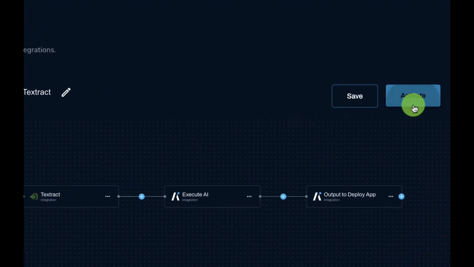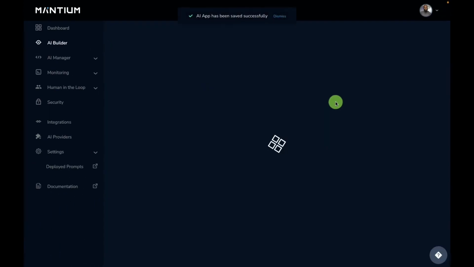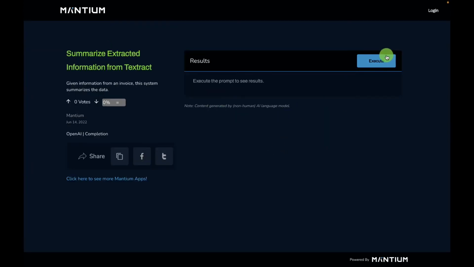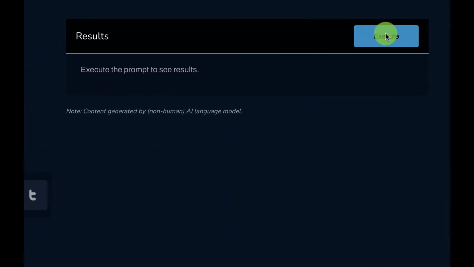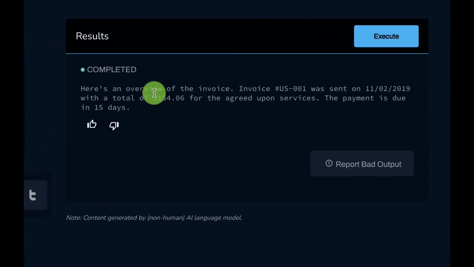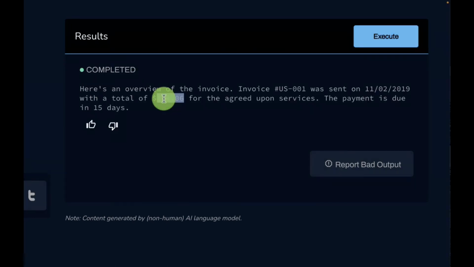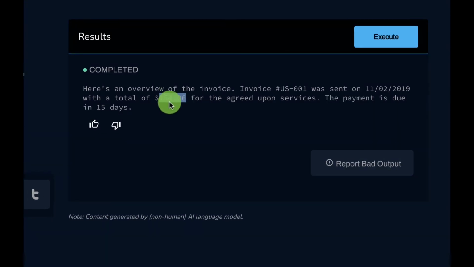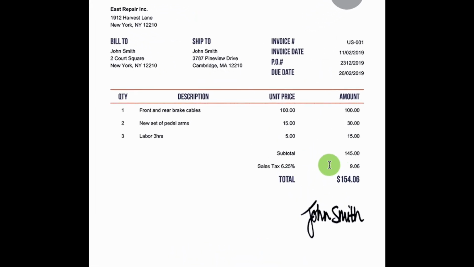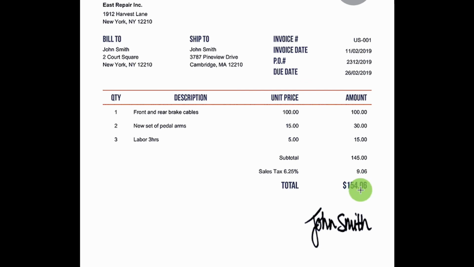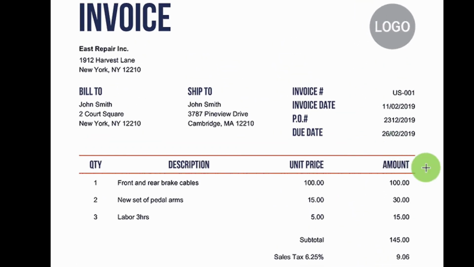So when you activate, you get a single web application that you can execute and then get the summary of the invoice. So what you can see here is the invoice summary, and we have the due date as well as the total sum of the services. So this is what we've extracted from this image. We extracted the total and then the due date information. So you can use this to automate your workflow and then process a lot of information using this workflow on